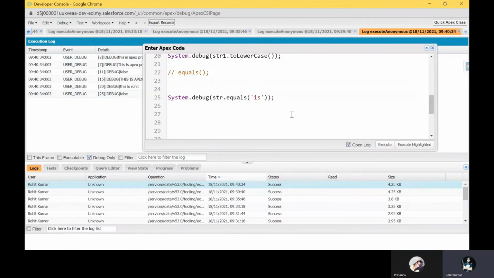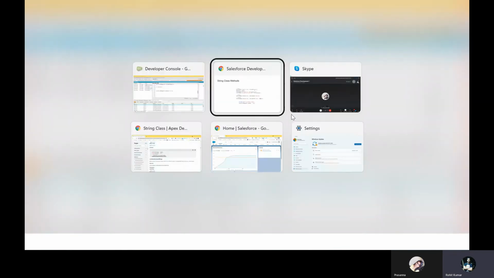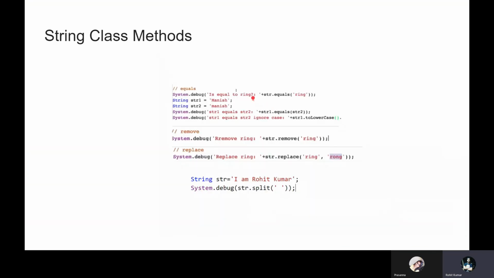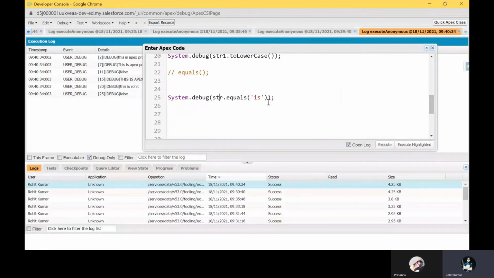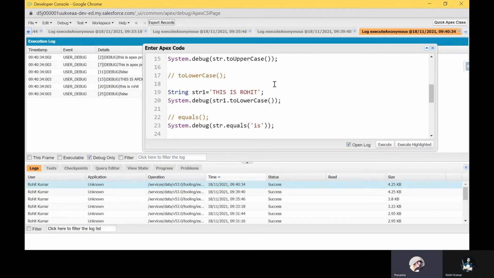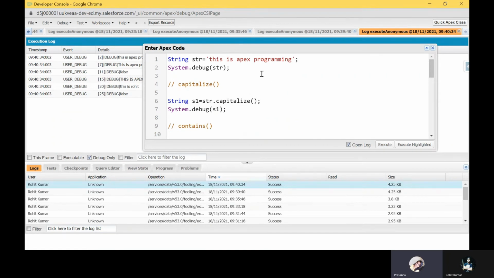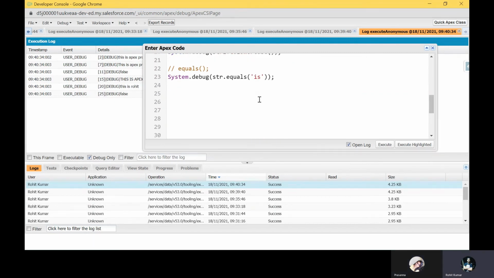Why? Because the is keyword, let me check another, like equals. Yeah, equals is there, equals ring, and I also used "is" as well. So you can check this equals method with your string to see whether it is available or not, right? But why is it showing false here? Because it is true, right? Every keyword is there. This is there, is there. Yeah, but here you can see, yeah, is available, but let me check whether this one is available for this string or not, right?